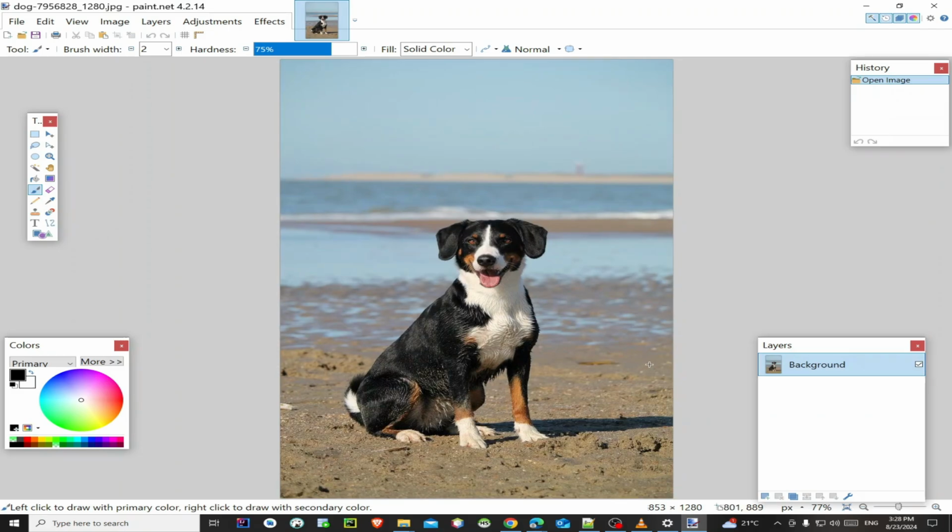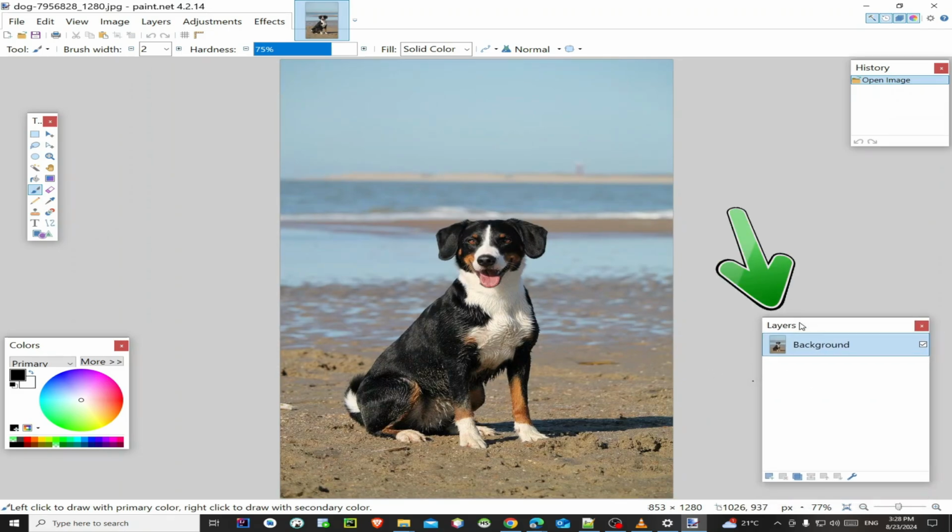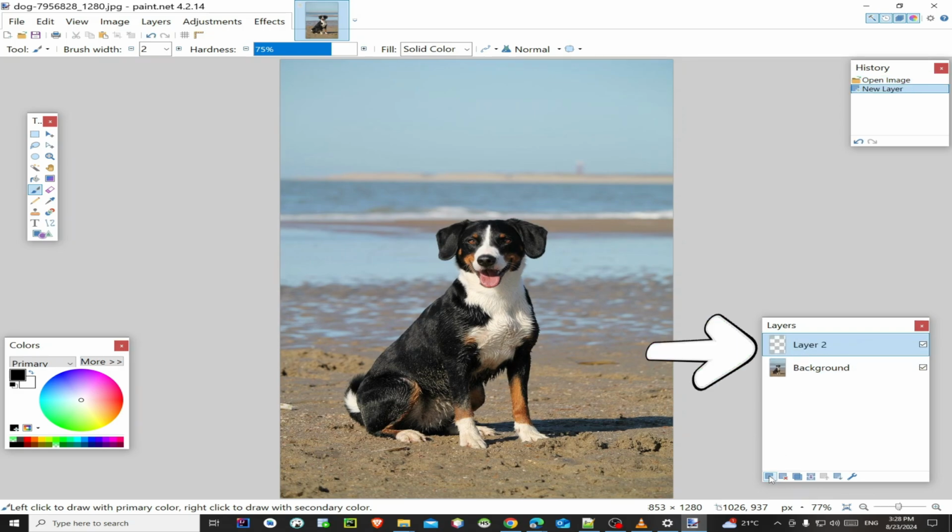So first things first, I'm going to use this layers panel. The first thing I will do is create a new layer. So I click here. So I've created a new layer. This layer has no color, it is transparent, so I rename it to transparent.